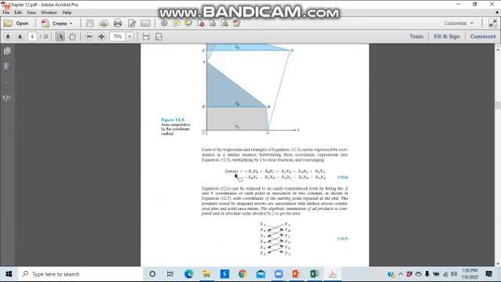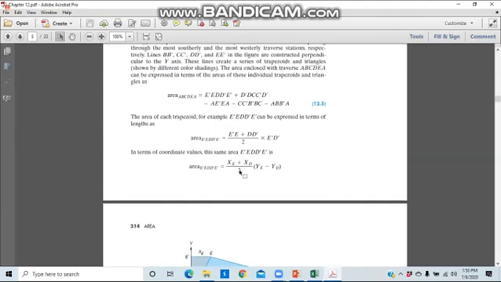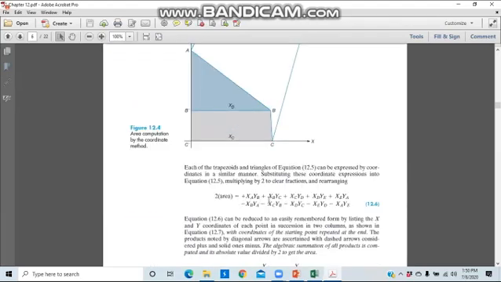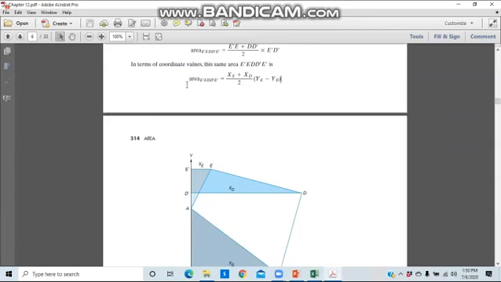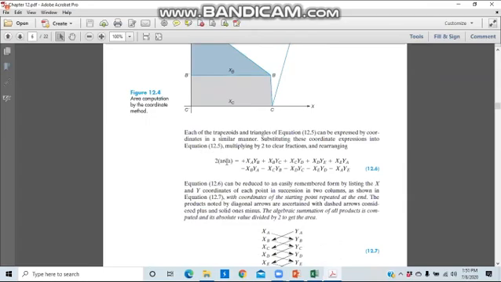Basically this 2 multiplied by area, this is coming from this one. When this 2 will go on the other side, this will be 2 area equals xa yb plus xb yc and xc yd. And similarly, if you see here, if you multiply this 2 on the other side, then xe ye minus xd yd. So this is how this whole equation is developed for this whole area, right?